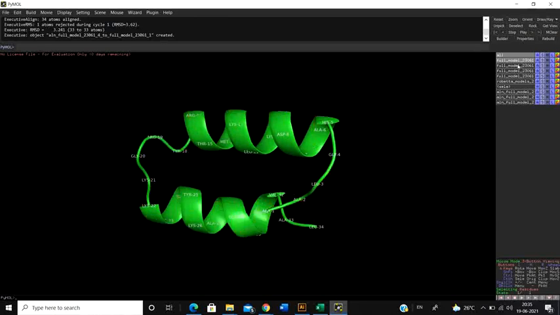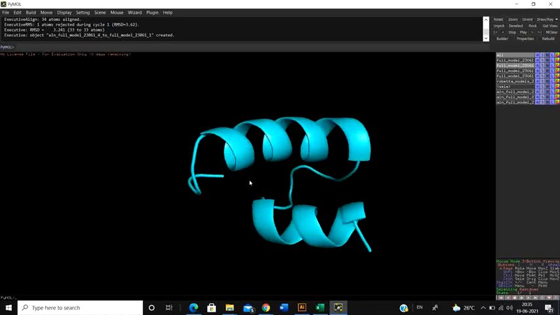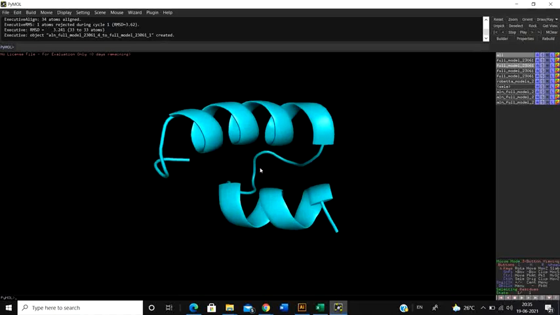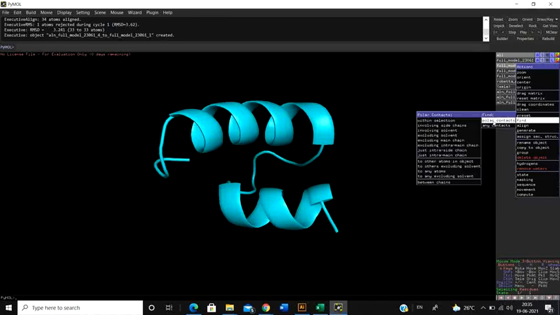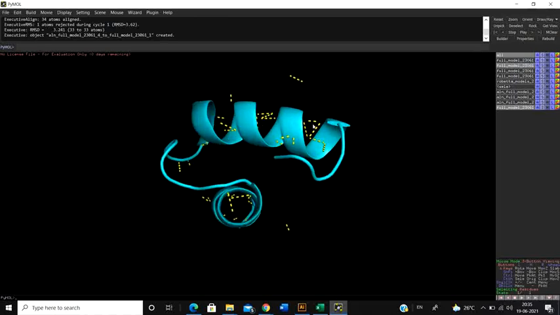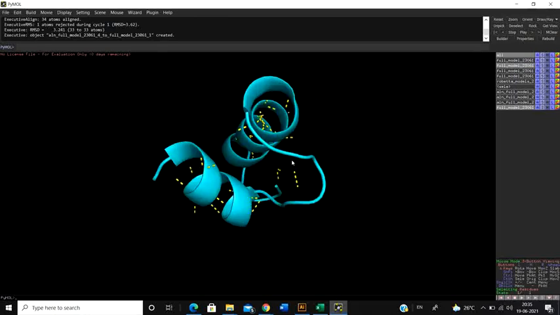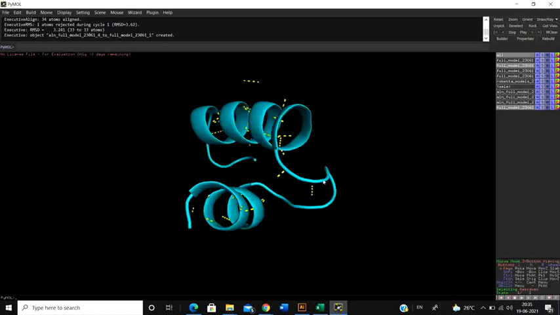Okay, now apart from that, there are also other things that you can do. So suppose this is the protein that you have. Now you intend to find out the polar contacts, the hydrogen bonds between these particular proteins. How do you find out? Again, click on A, and now see there's an option called find, and under find you have an option called polar contacts. Now click on within selection. Now see, all these white-yellow streaks are the polar bonds, the hydrogen bonds that your molecule or this particular protein has with other interactions.